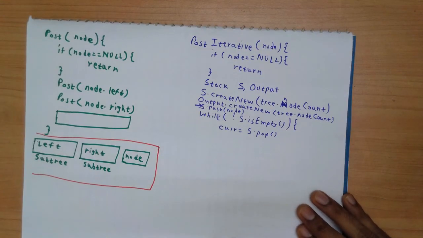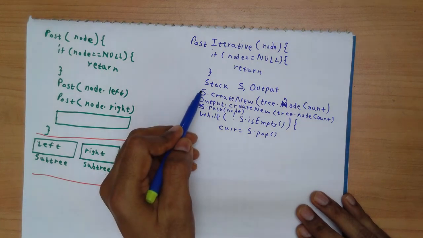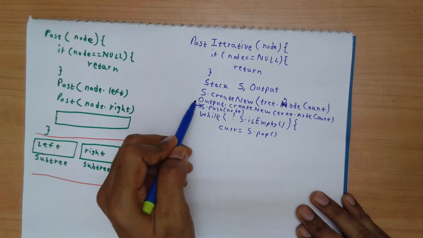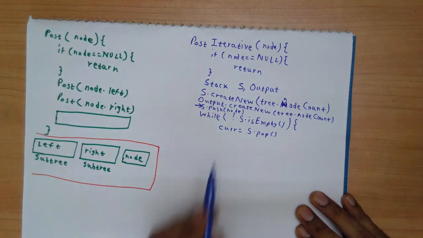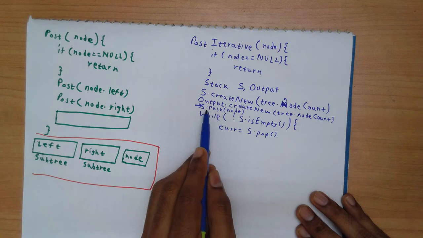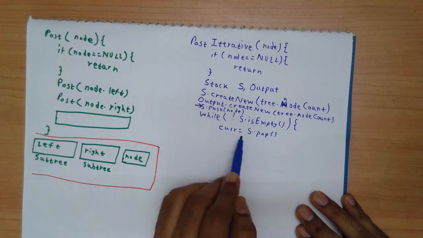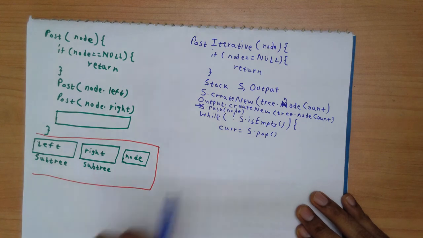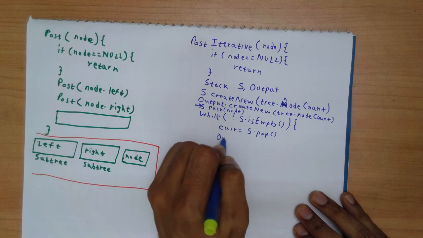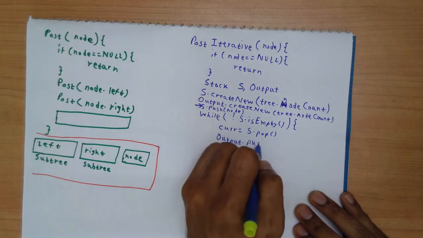So now what I have done is I have created an empty stack to store the states for my traversal, and one more empty stack to store the output in reverse order. Now I pushed my root node onto the stack, and I start my traversal. Whenever I encounter a node, I simply add it to my output stack. So I would say output.push